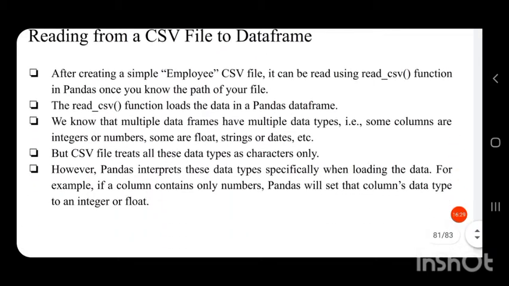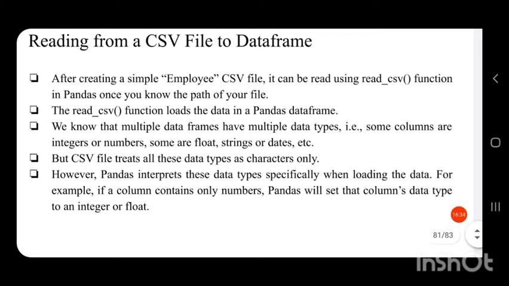The read_csv function loads the data in a Pandas data frame. We know that data frames have multiple data types.